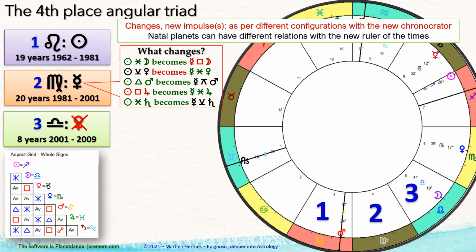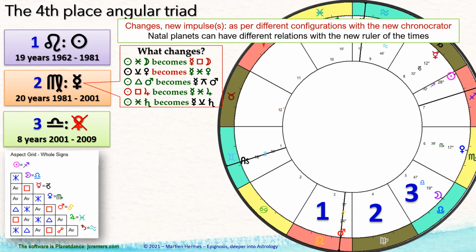So for the first period, it's the Sun, and the aspects of the Sun are listed there. And then you have to see how they change when the period comes to a new chronocrator, who is now the manager of this entire period. And there's a change, because you can see that the sextile that the Sun has with the Moon becomes a square with Mercury and the Moon. And that's something different, okay? You see also that the aversion of the Sun with Venus becomes a sextile with Mercury, the new ruler of this period.